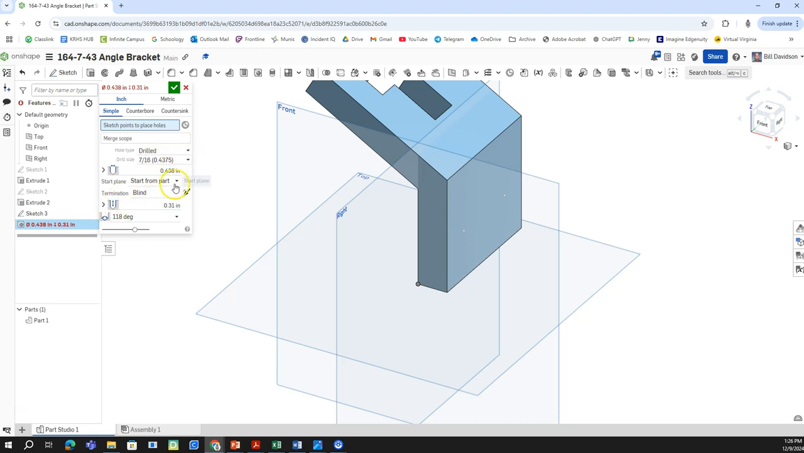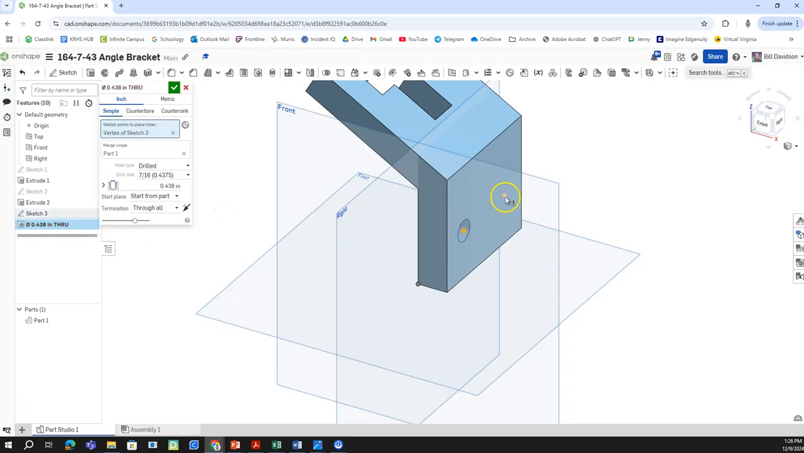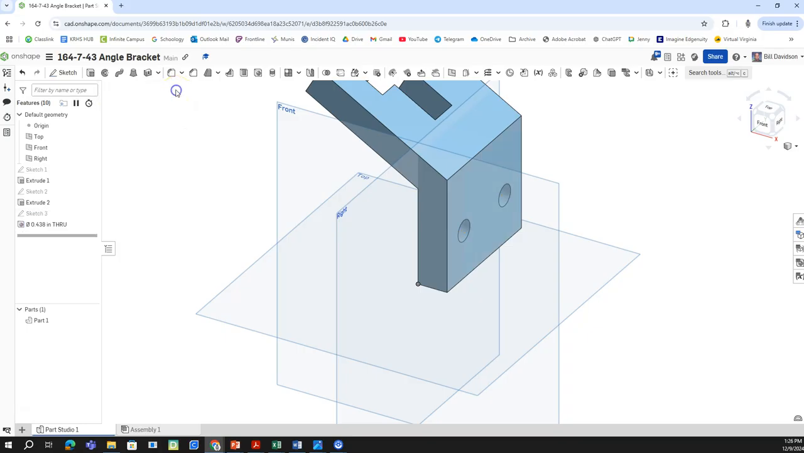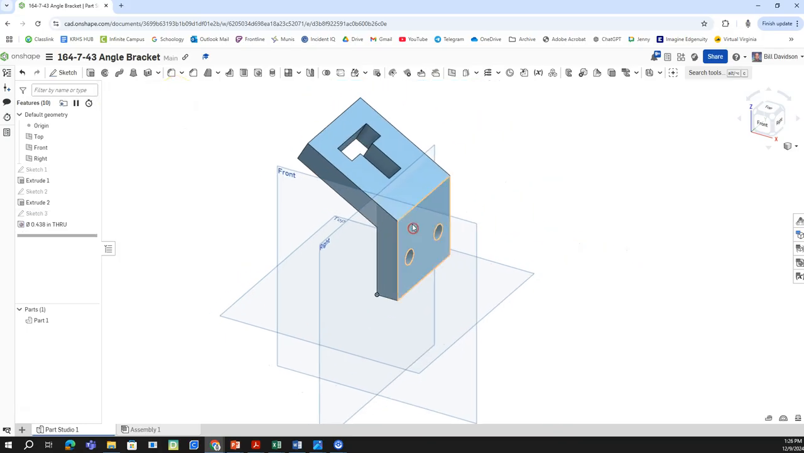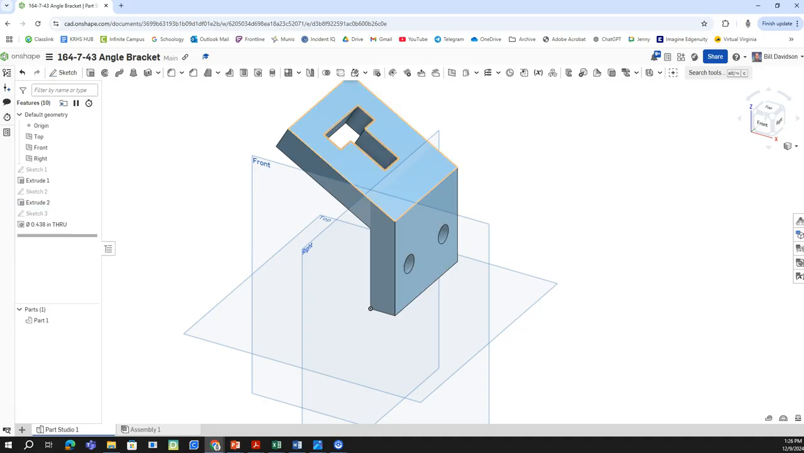It goes through the whole part, and so my termination is not blind, but it is through all. And so I'll click that point and that point right there, and it puts those holes in on that part. Okay. Alright, last thing we're going to do is this thing says that there's a couple of diameters